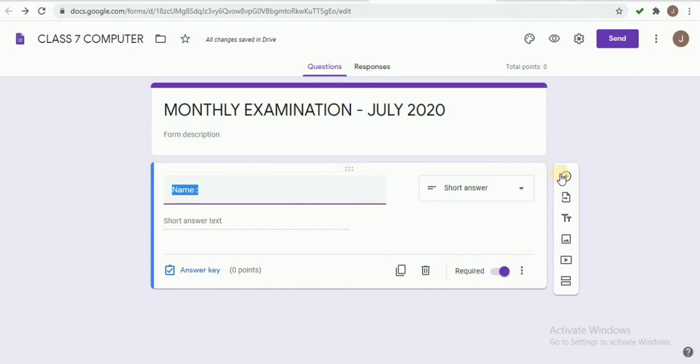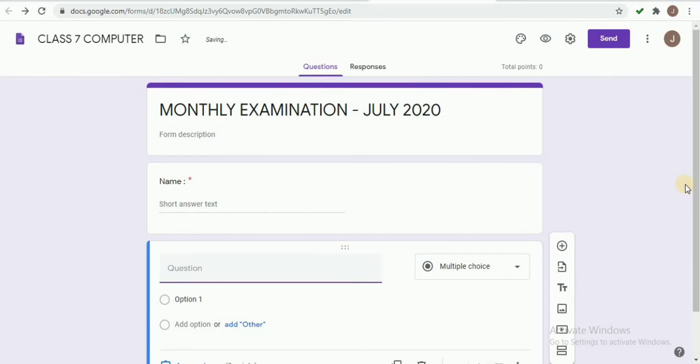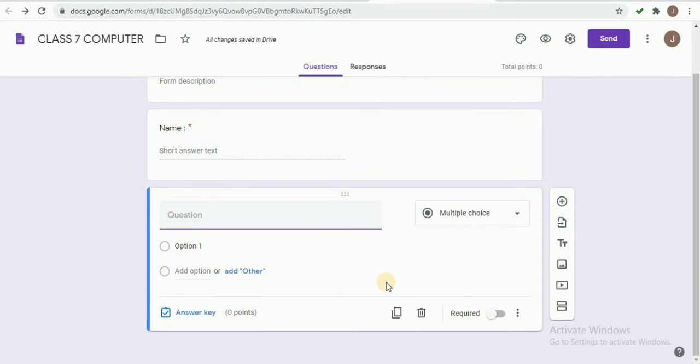Next, in order to get the next question, I am clicking this plus sign. After pressing this plus sign, I have to enter: select your class.